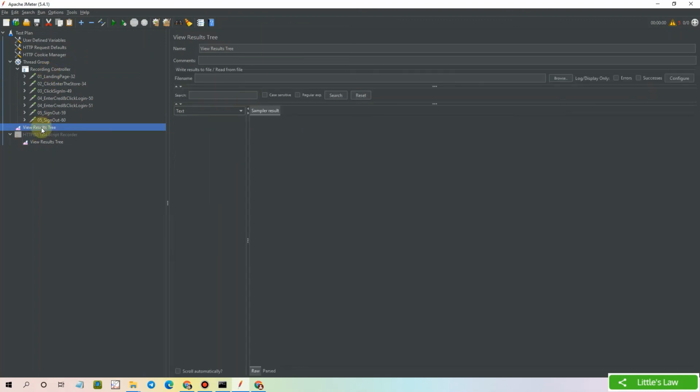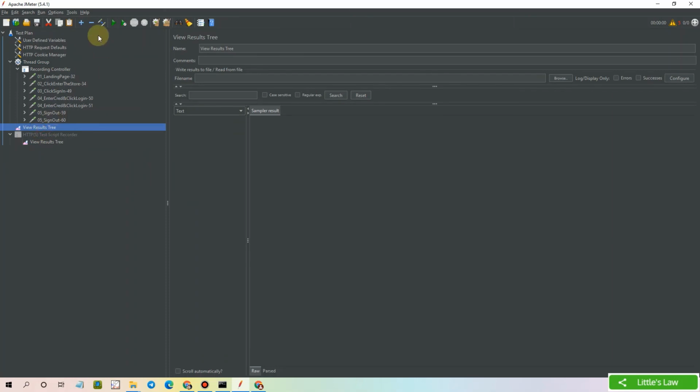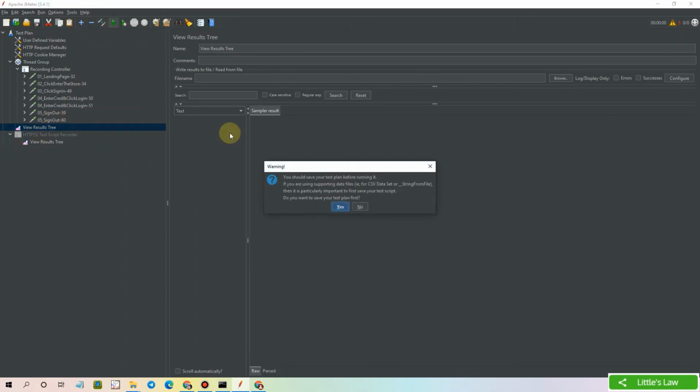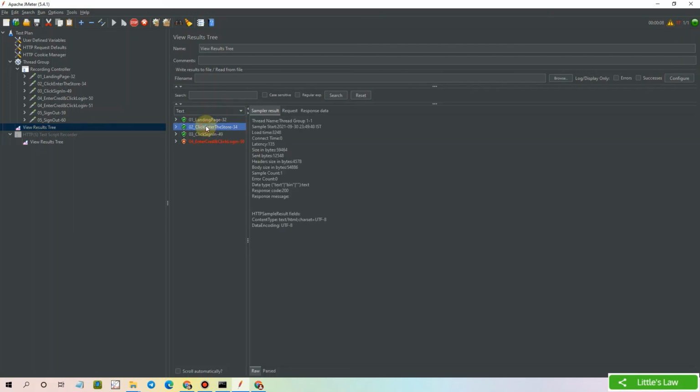To see the validation result, let's now move to the view results tree and click on the run button. The thread group is set so that we are running with one user and the loop count is one. So it will validate for one iteration with one user, and let's click on the button. Okay, so let's save it. So now we have started the validation. The validation is going well,